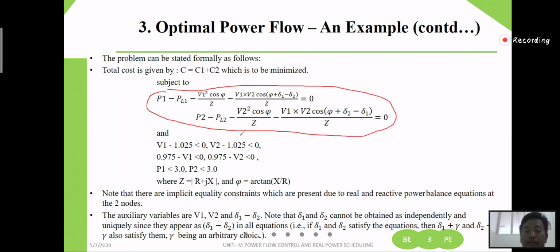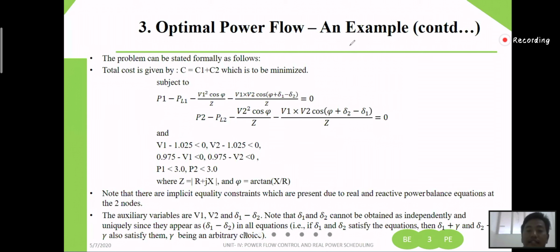Power. Then the inequality constraint, you know that, like voltage and then current. Are you remembering that? Which has a maximum and minimum? But okay, so now you have to identify that, and then for bus 1, we have to find that